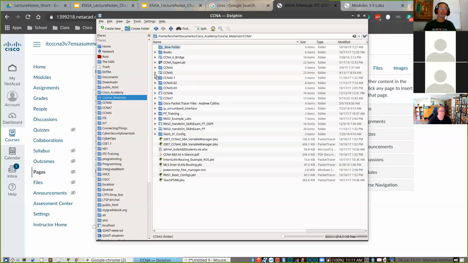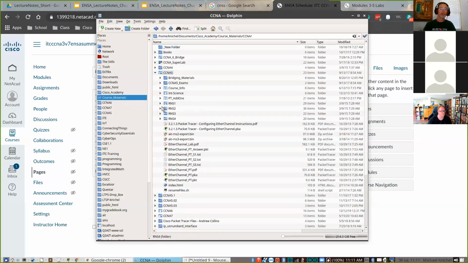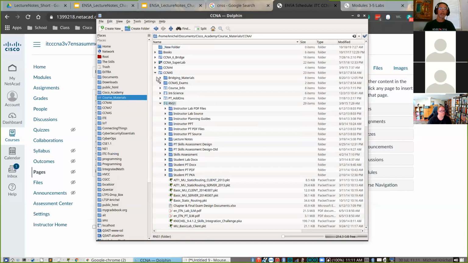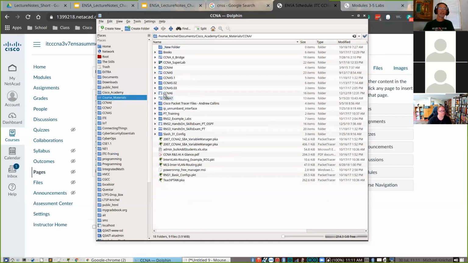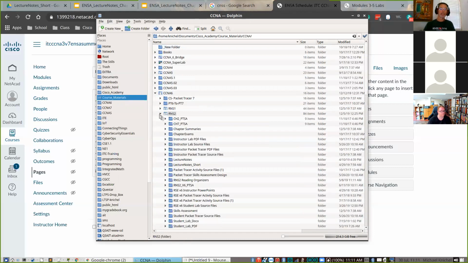So here's version 5, right? All the different courses within there, all the labs, a little anal about it. So here's 7, the 3 courses. So depending on which curriculum it is, I would probably go in, create a folder for pages, but I would put it under, these are the RNS2 pages. So I would create a folder called Netacad pages, and then I would just knock them off and save them.